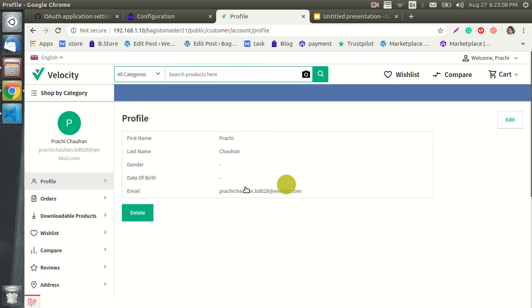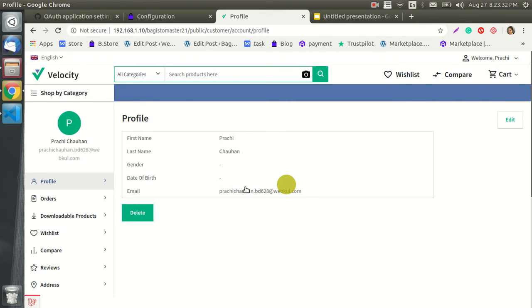So this is very simple and easy for the customer to log in with their social media platform account. Now they can log in to the Bagisto web store with their social media platforms such as Facebook, Twitter, LinkedIn, GitHub, Google.